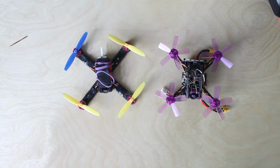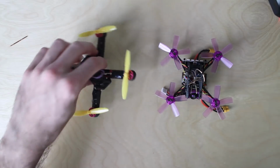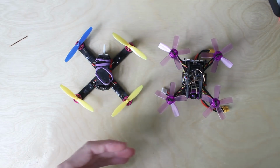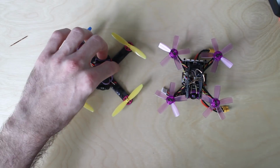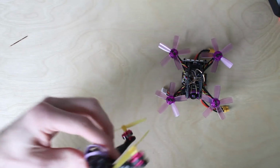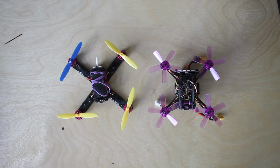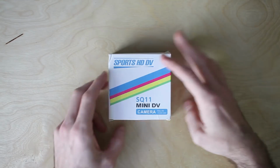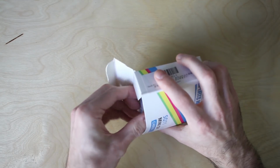But DVR footage has all the radio interference, all the noise, it's low quality, sometimes it has all the OSD stuff that you might not want, and less than ideal color and resolution. One of these very few options right now is this SQ11 HD camera, and that's what we're going to have a look at. In the box,